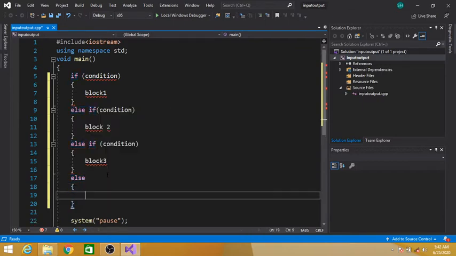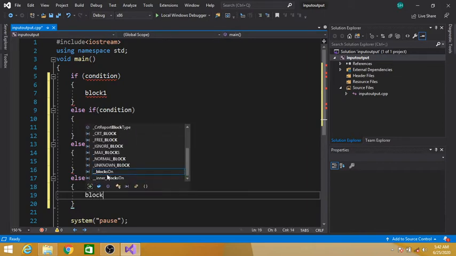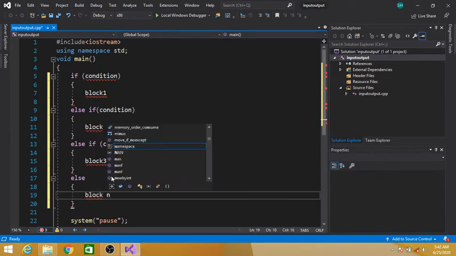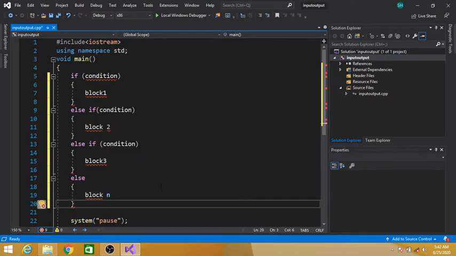And lastly we simply write the else block. So this is the simple syntax.